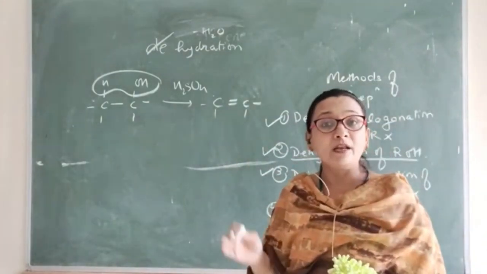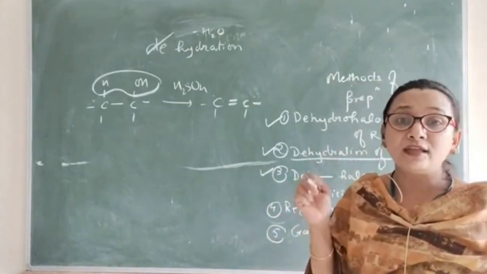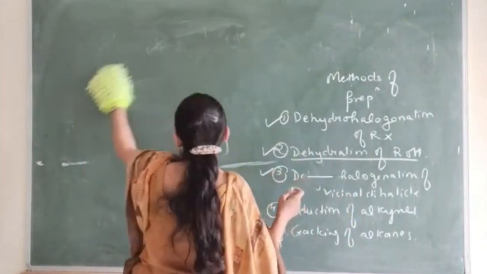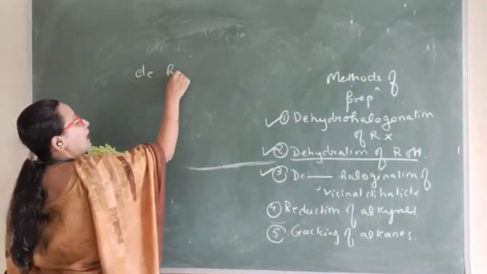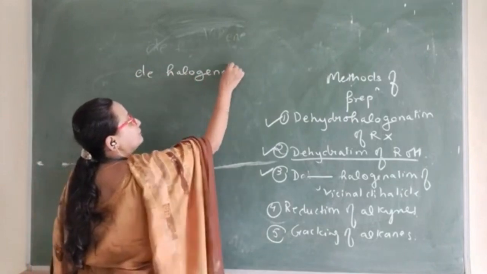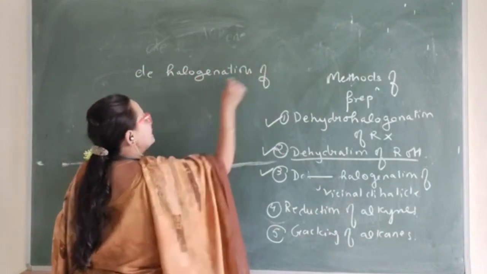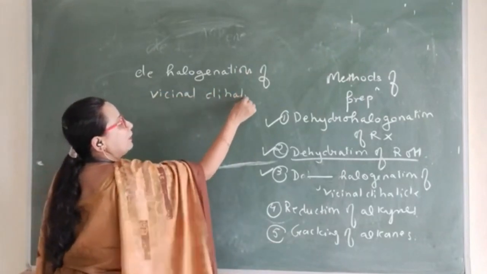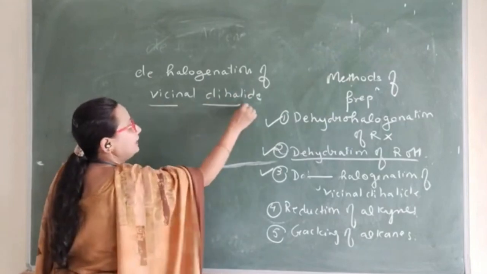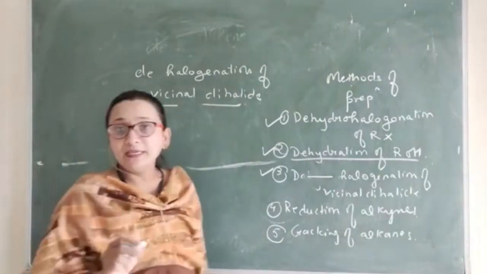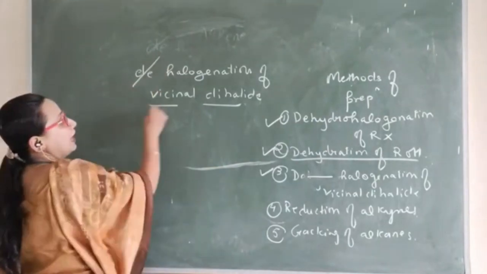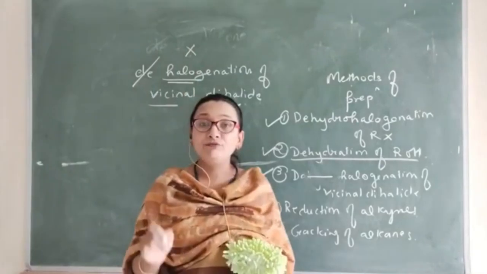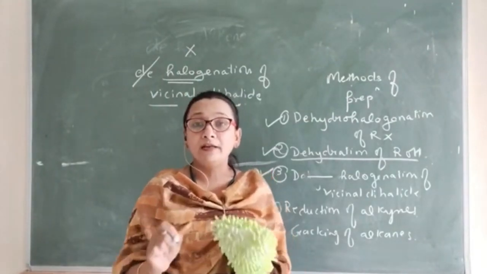Now let us talk about another third method of preparation, which is nothing but elimination reaction once again, and it is called as dehalogenation of vicinal dihalide. Now आपको ये समझना है कि विसिनल डाइहैलाइड किसको बोलते हैं? डी किसको बोलते हैं? रिमूवल ऑफ। हैलोजन किसको बोलेंगे? एक्स, राइट? टू गिव यू व्हाट? विसिनल फ्रॉम विसिनल डाइहैलाइड टू अल्कीन.